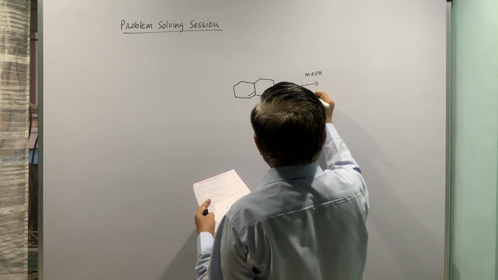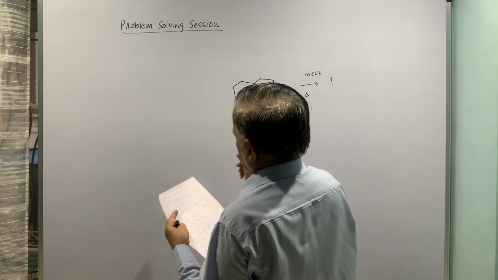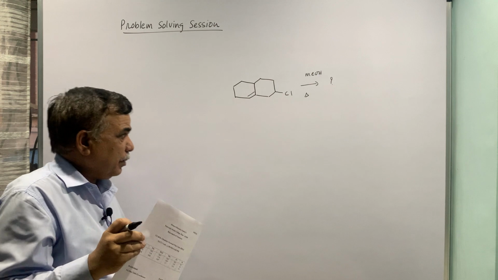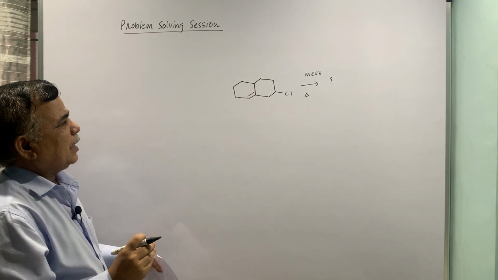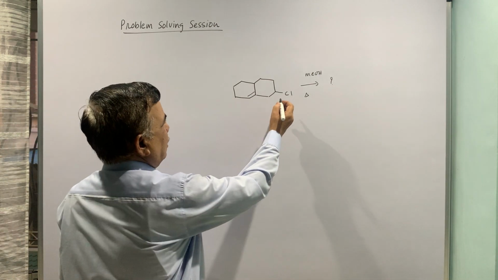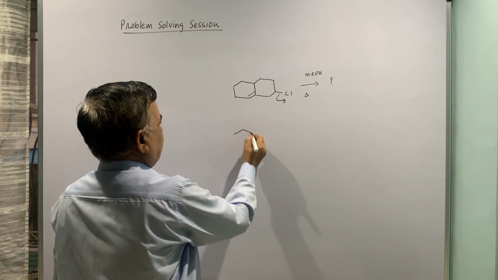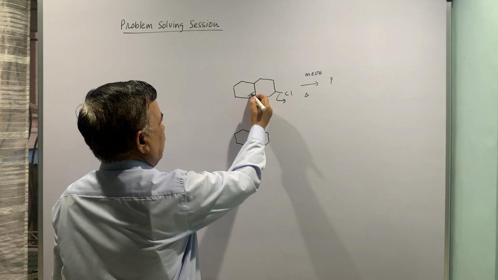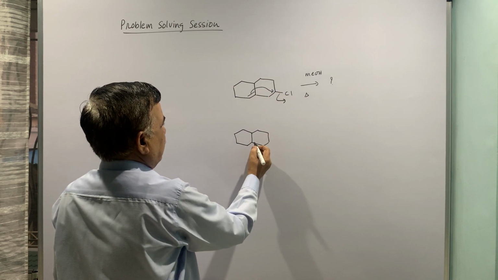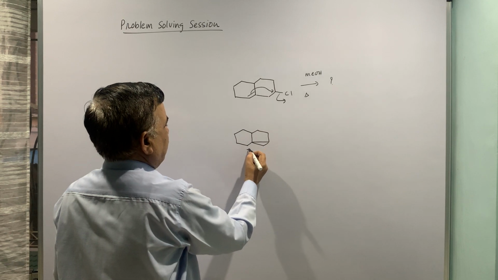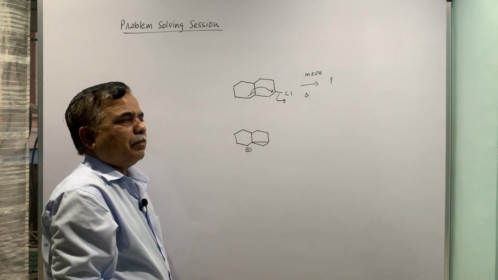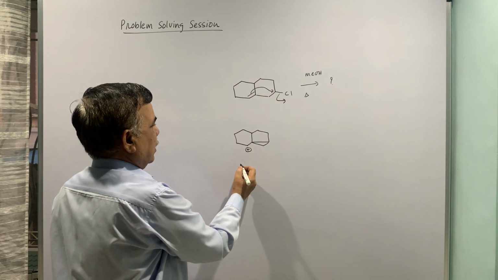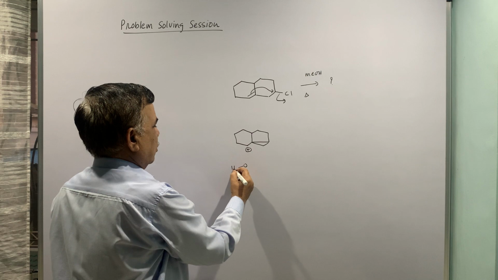Methanol and heat. This question is slightly different. It is solvolysis by methanol, or methanolysis, and they are expecting the product. Now here this is a leaving group. So first of all, when it departs, it will create a positive charge, then this pi bond will move here, and because of that you get a cyclopropane ring, and then OH methyl,